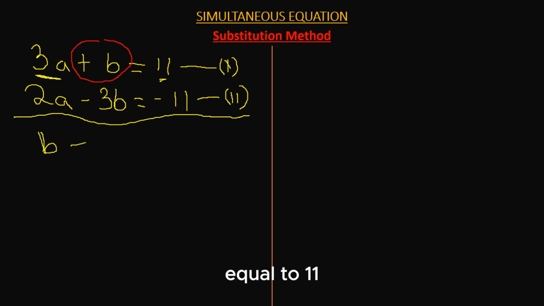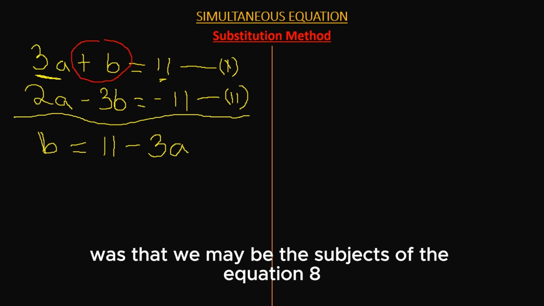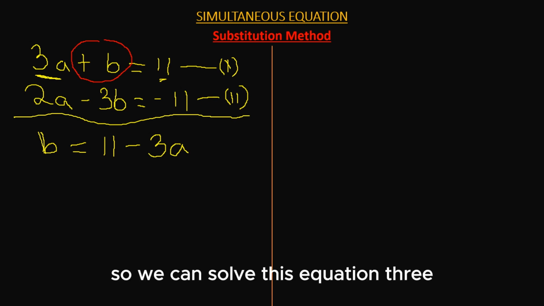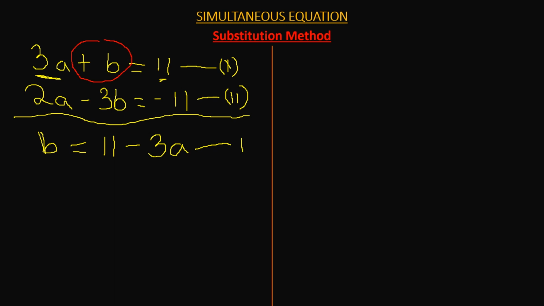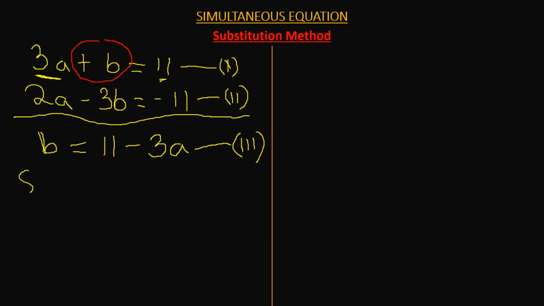b equal to 11 minus 3a. Now what we did here was that we made b the subject of the equation, so we can tag this equation 3. Alright, so after getting this, we will now substitute. We sub 11 minus 3a for b in